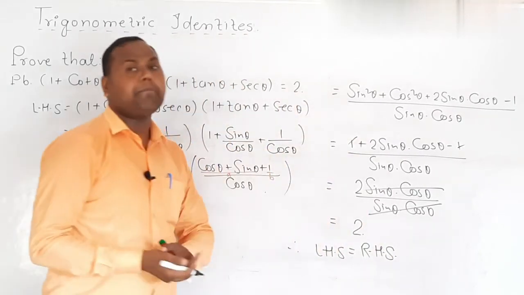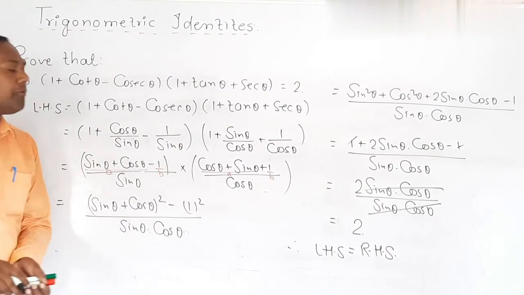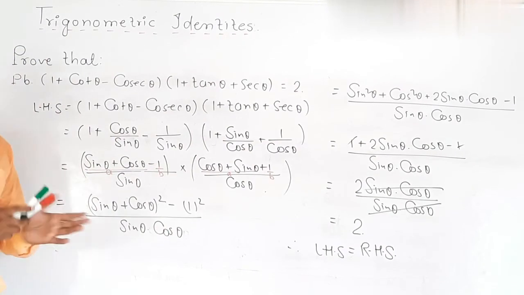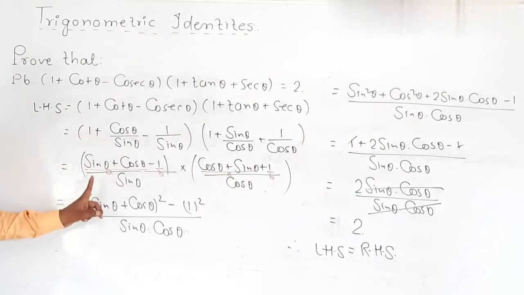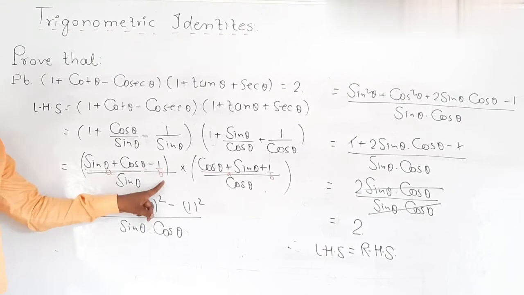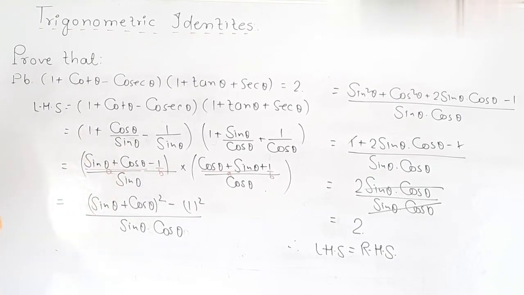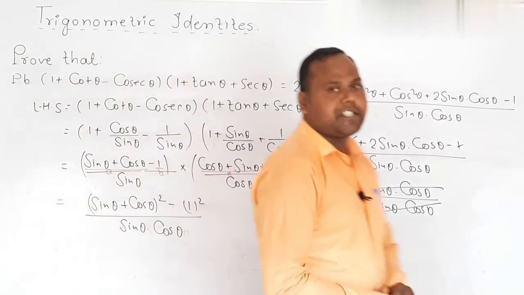This is a very simplified form. Whenever we use an algebraic formula in the identities such as A and B, you can solve very easily. So you can take a screenshot.